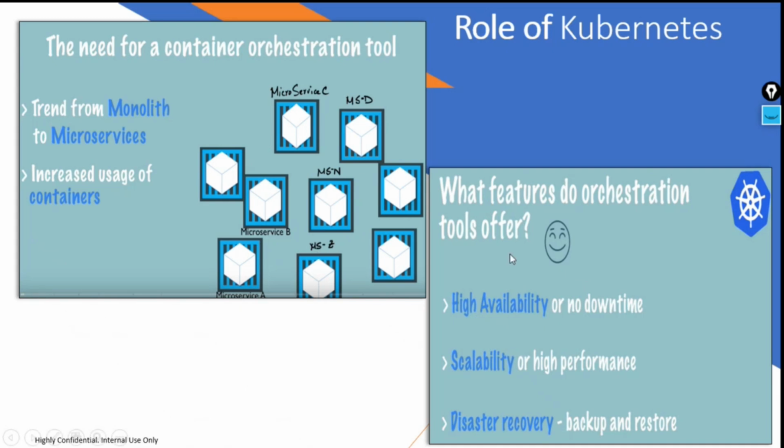So the features that orchestration tools need to offer are high availability or no downtime. If you are putting so many microservices on Kubernetes and Kubernetes is failing to manage them, then I will say your architecture is not perfect. Though you are using Kubernetes, your configuration is not making it highly available. It can afford 0.1% of downtime, but not more than that. So 99.99